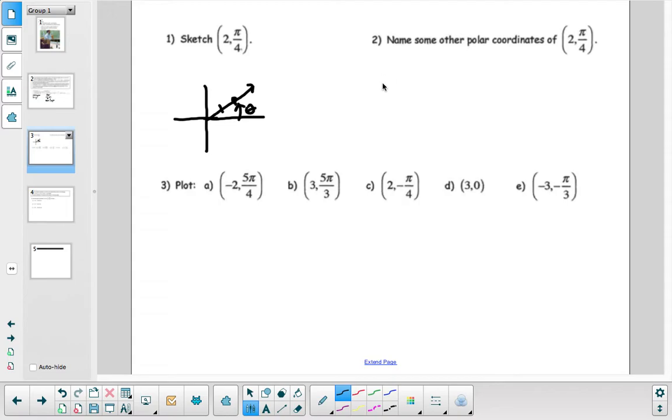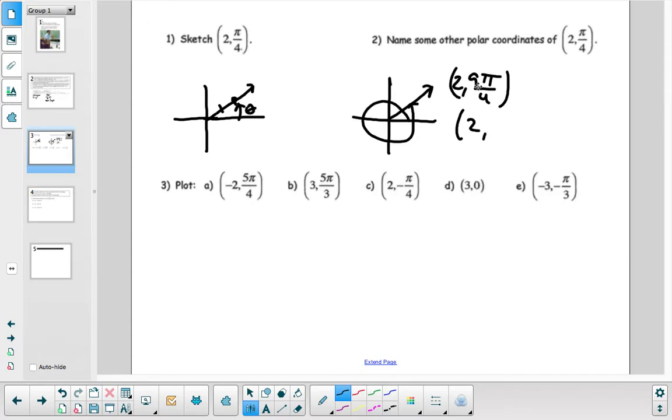You can come up with a full revolution plus pi over 4. So this would be 8 pi over 4, 9 pi over 4. So 9 pi over 4 is a coordinate. If I add another 8 pi over 4,